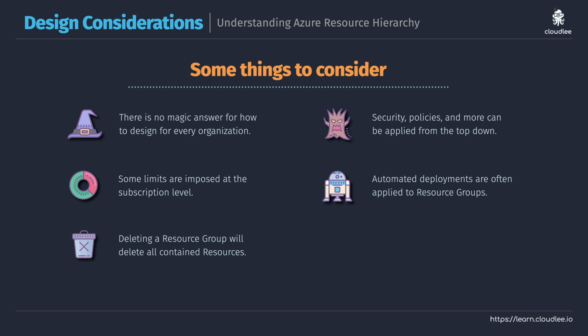And finally, whilst we have walked through some examples now of a complex hierarchy with a range of different subscriptions where you can control these policies from the top down, just know that there are different features that you can apply on a per resource level as well. So if we wanted to say that someone could only access a given virtual machine, we could in fact apply that security at the individual virtual machine level. But that's not commonly recommended, and it can cause some difficulties in terms of management. More often than not, what you're going to see is permissions, standards, and other configuration being applied at higher levels like the resource group, subscription, or management groups.